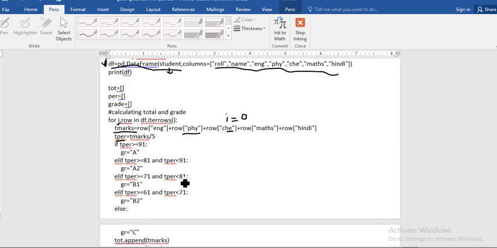Now if the total percentage is greater than or equal to 91, then grade is equal to A1, and if the total percentage is greater than or equal to 81 and less than 91, then grade A2, and so on.